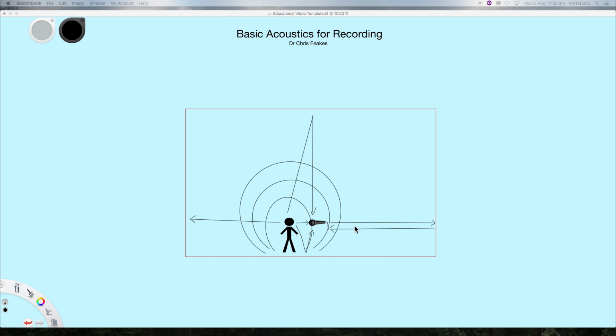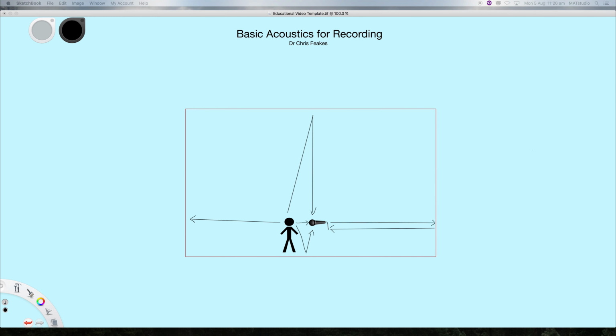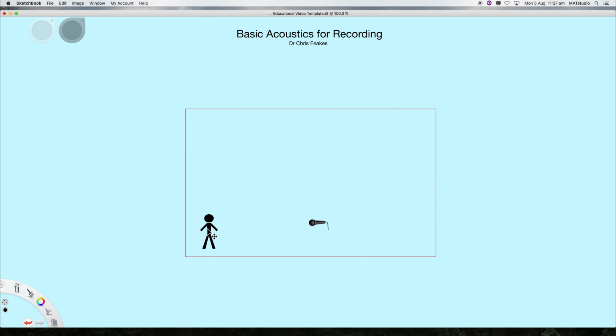So one other step we can take is to position as best we can the person or the sound source, whether it's a person or not, and the microphone in the right place. On that topic, what you can see here is actually the person and microphone in more or less the ideal place. That is to say, pretty much in the middle of the room, as far away as they can get from any reflective surfaces. A poor place to position our performer and our microphone would, for example, be in a corner, close to a wall. Why is that?